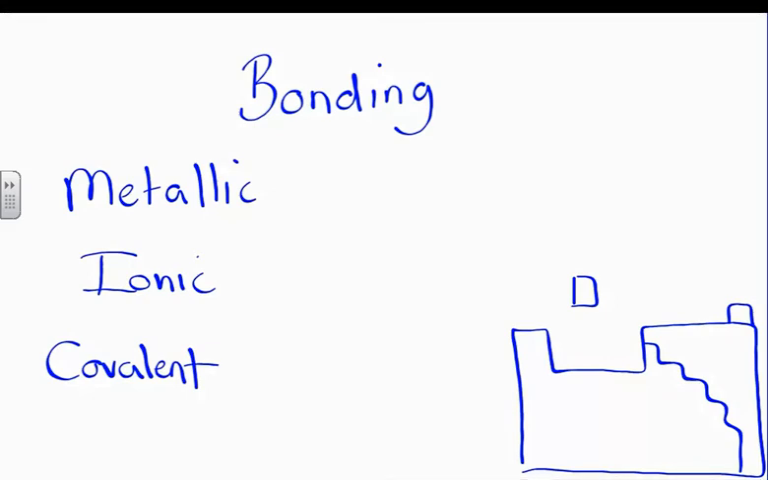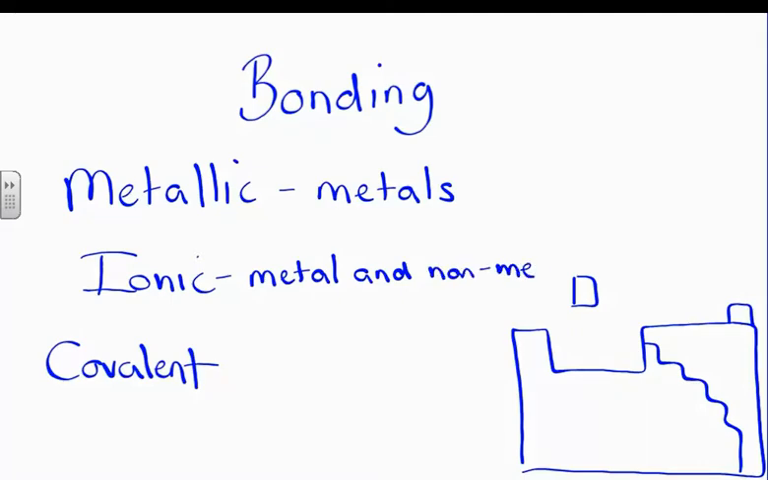Guys, so in this series of videos I will be talking about bonding. So the three types of bonding that we'll be talking about, we've got metallic bonding, which you'll find in metals, ionic bonding, which you will find between metals and non-metal elements, and then covalent bonding, which you'll find between non-metal